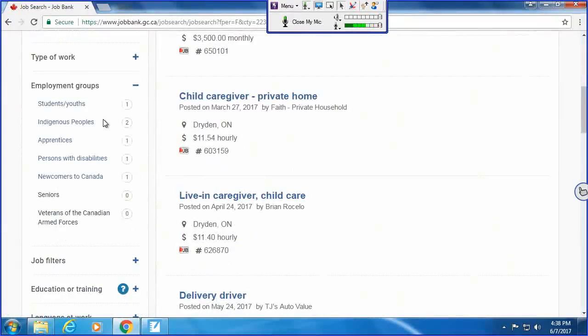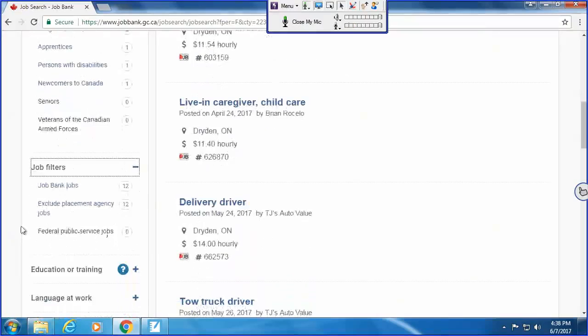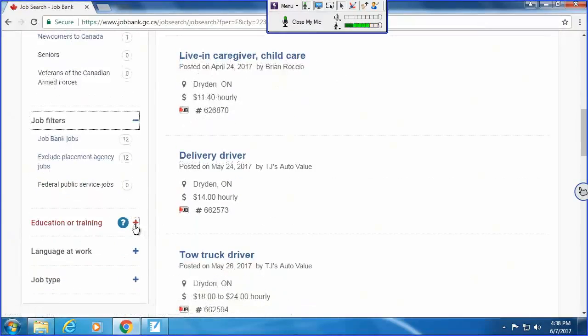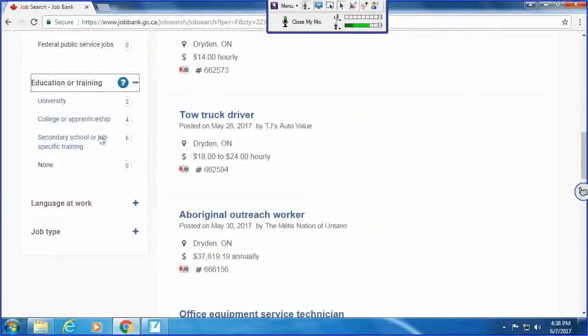If you belong to a certain employment group, you can choose one of these. And you can even say, okay, I only want jobs that are posted on the job bank, right? You could even do that. And you can even say, okay, I only want the jobs that require university education, or that require college, or that require completing high school or some kind of job training. So let's say I choose this one, right?